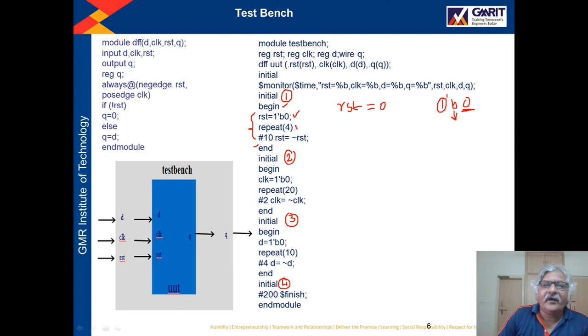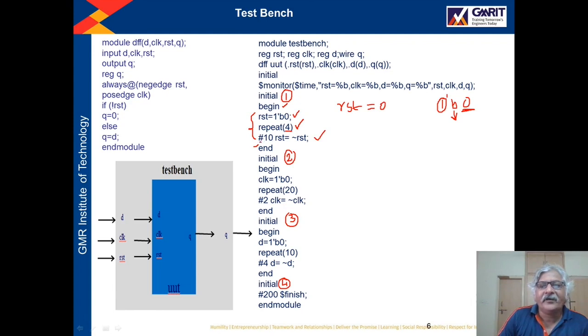After this, I have written repeat within bracket one integer number 4. So whatever statement I will write after repeat, that statement will run 4 times, right? So here I have written 4. This means whatever statement I write after repeat, that will execute 4 times. So what is the next statement after repeat?